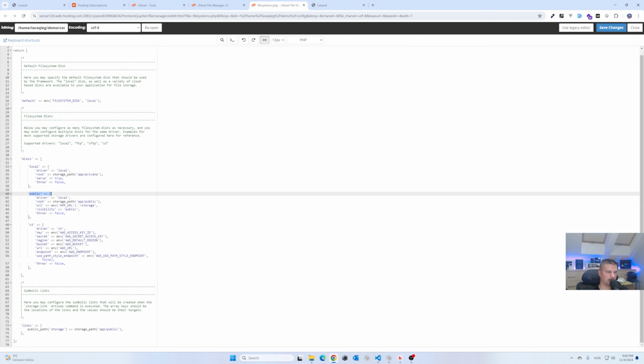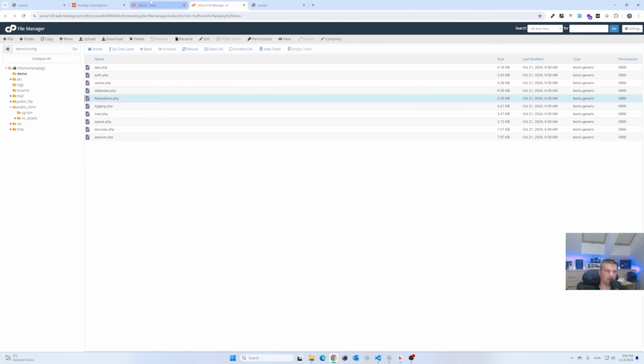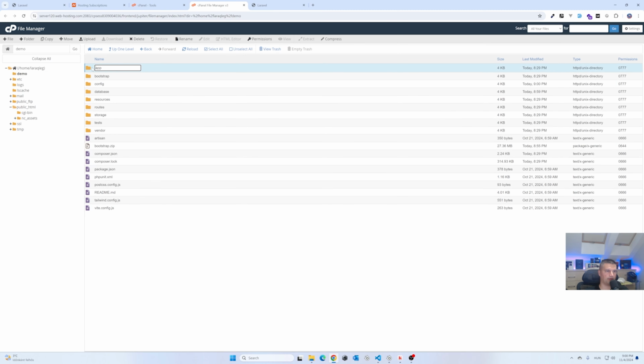And at the public driver, just delete this storage path. Delete this public as well. And just use a dot and a slash. And that's it. Save it. This means inside the root folder, it will create an upload folder, because in our app,